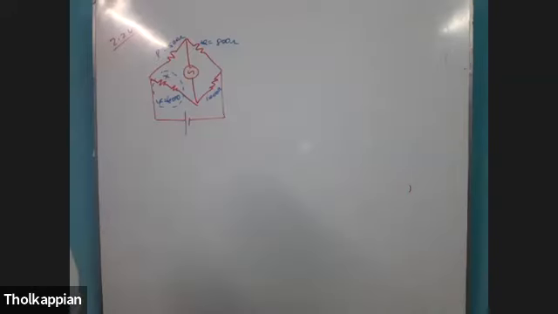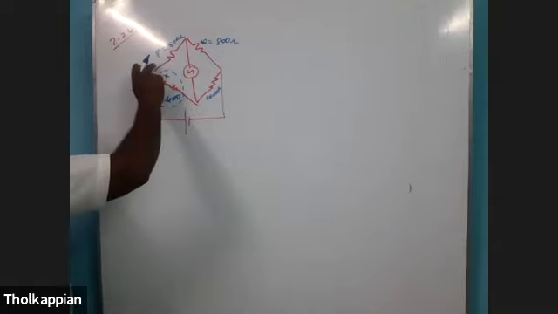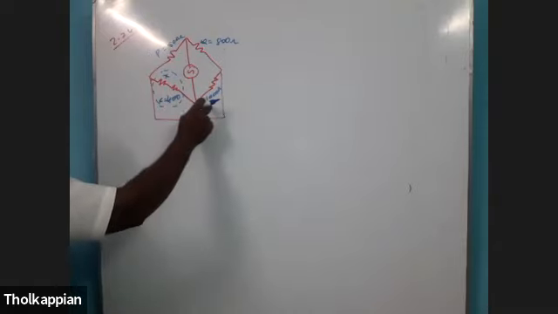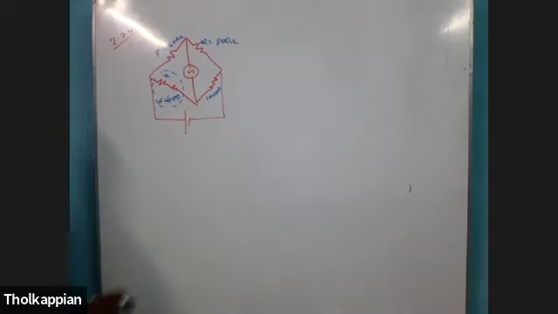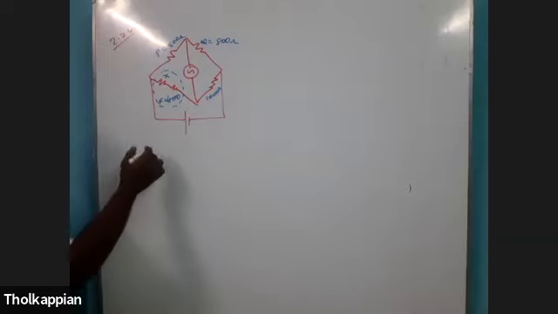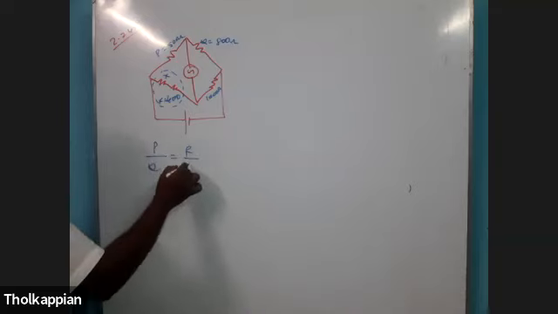A condition that includes four resistances is given: P, Q, R, S, but the R value is less. It is not balanced, and one more resistance needs to be added in the arm R to balance the bridge. What will be the value of the resistance? That is the question. You know that P by Q is equal to R by S.